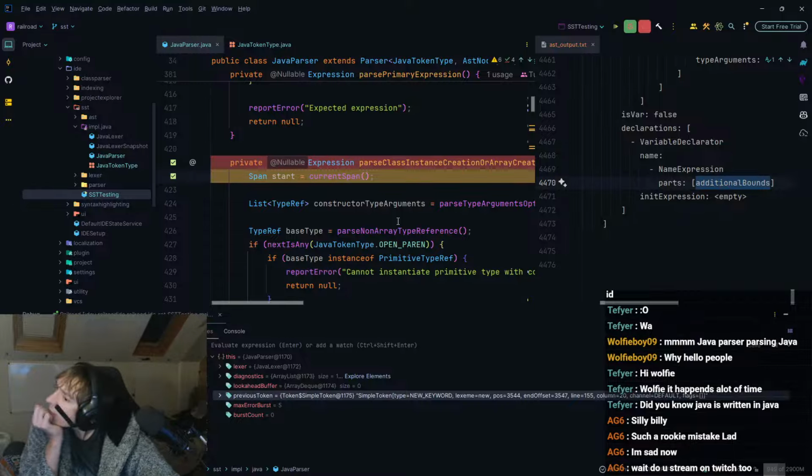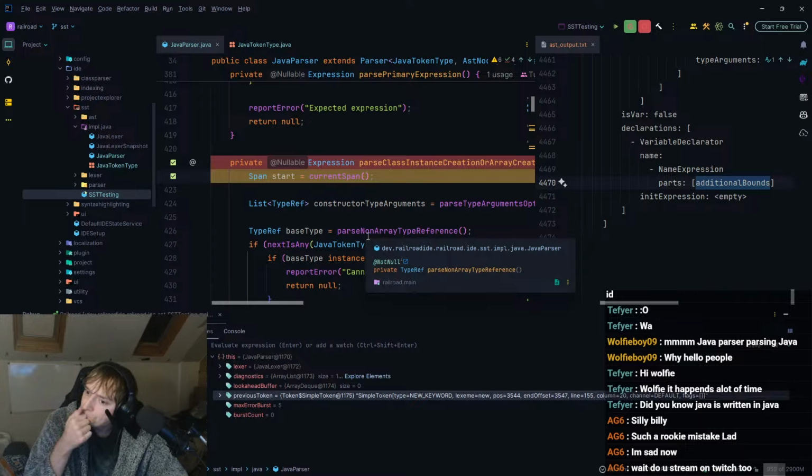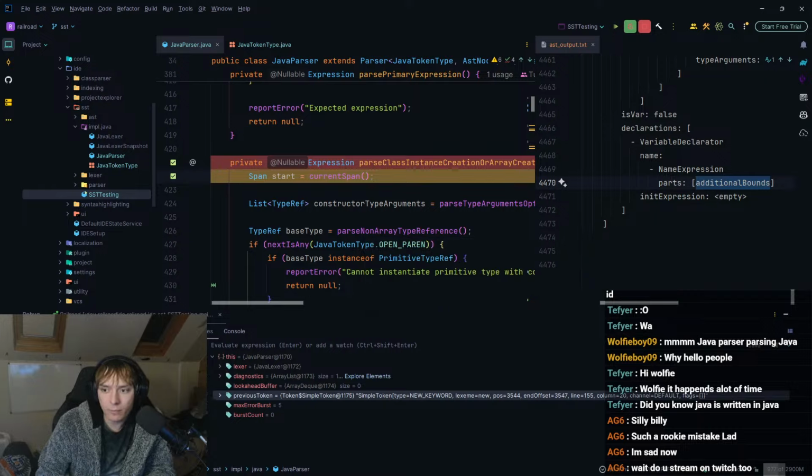How can I whittle this down? I don't know. I mean, ideally, I would obviously go up the stack trace basically, and try and find, okay, what are we inside of, right? But you can't really do that. I mean, you kind of can, but not really.